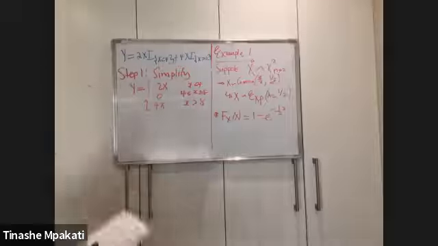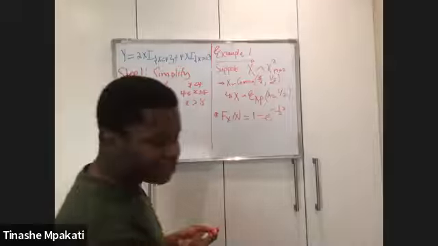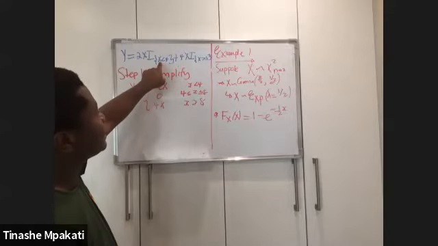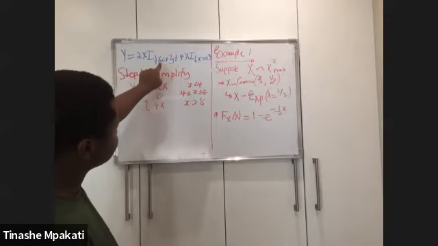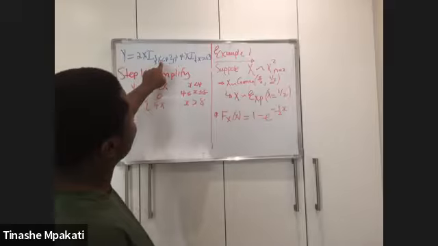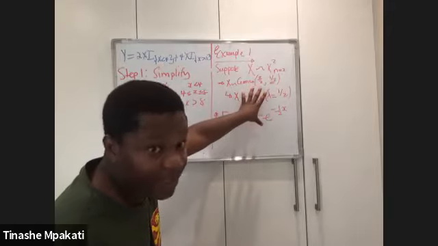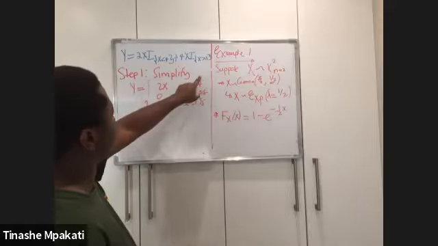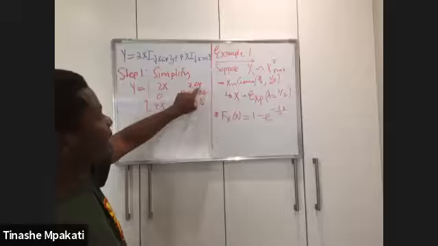I'm going to quickly explain this again. Our indicator function here was given as follows: 2x, with an indicator function, and x less than 4. What this is telling us is that whenever this x random variable is less than 4, then y is equal to 2x. Hence, I wrote 2x when x is less than 4.